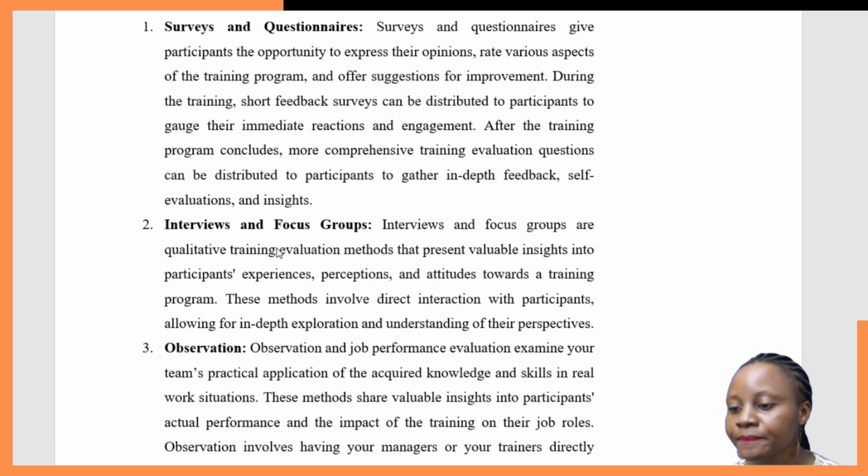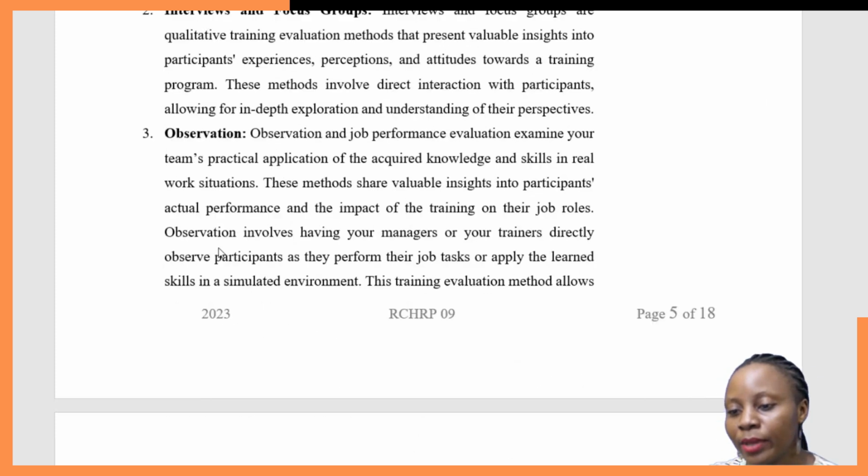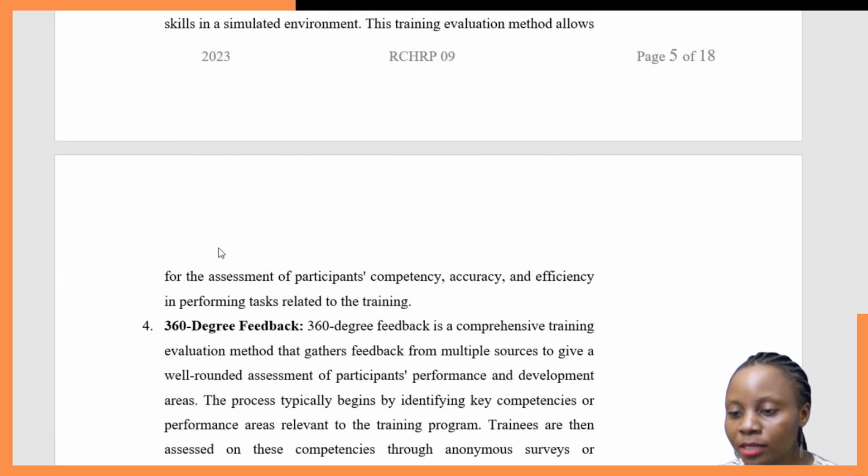And then we have number four, another method that you can use, 360-degree feedback. And this is a kind of feedback that does not only come from one source. You'll not only interview the employee, you'll not only interview those people who have undergone training, but all the necessary parties who are involved in the training process. You'll be able to engage with them, have one-on-one conversation with them. You can also decide to give them questionnaires or any method, so long as the